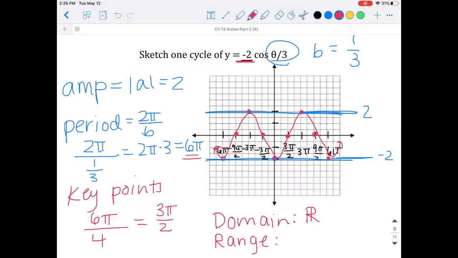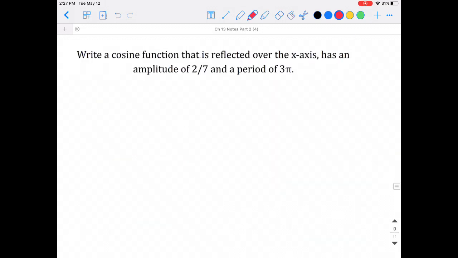So our range for this graph is going to be negative 2 is less than or equal to y, which is less than or equal to positive 2. So your range is dependent on your amplitude. And notice it's less than or equal to because we do have points at positive 2 and at negative 2 on this graph. For our next example, we're going to write a cosine function that is reflected over the x-axis,